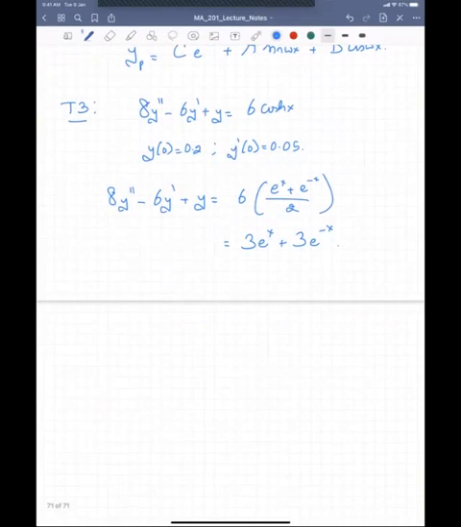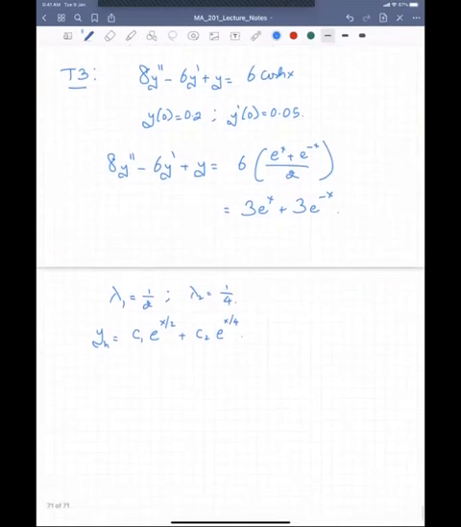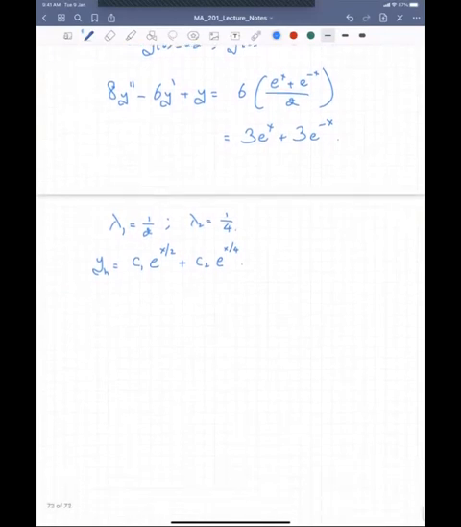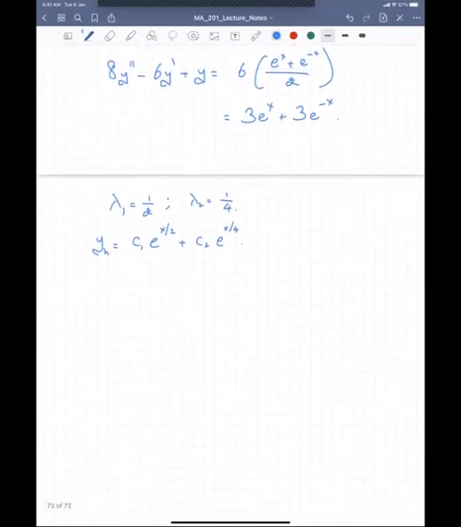So the first thing to check is what rule should you apply. So look at the roots of the characteristic equation of the homogeneous equation, and you will find that the two roots are lambda 1 is 1/2 and lambda 2 is 1/4. So you can write down the homogeneous part as some c1 e to the x over 2 plus c2 e to the x over 4. And you will fix c1 and c2 by looking at the initial values. Okay, so I'll tell you how to do that, not just looking at yH. Now, what is yP? yP would be,